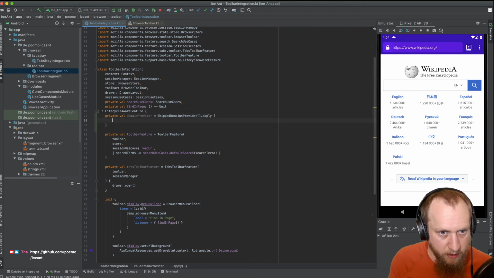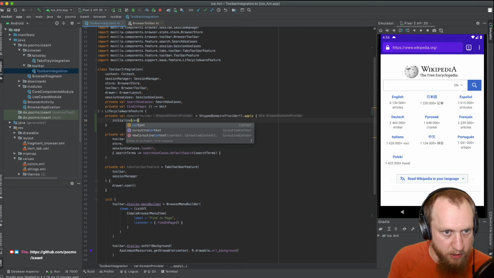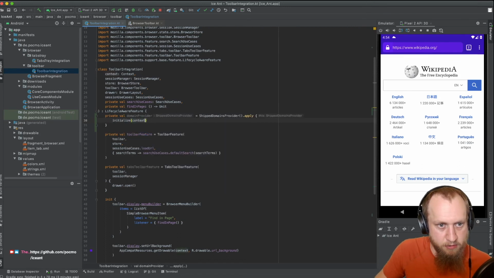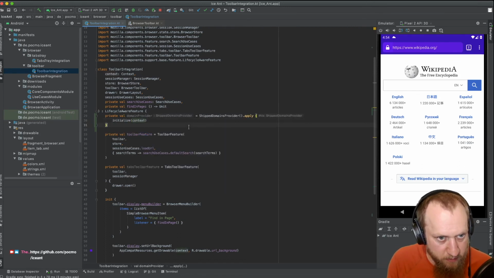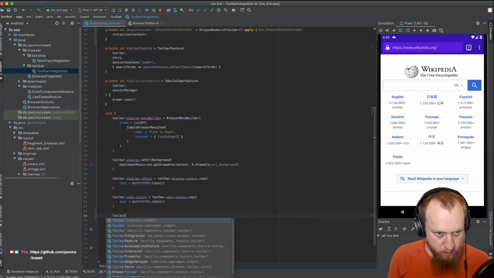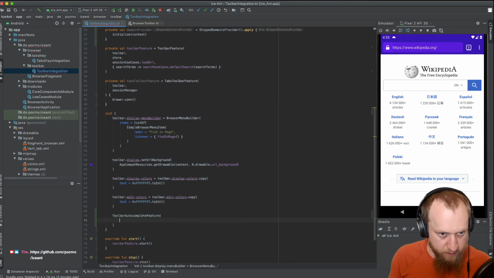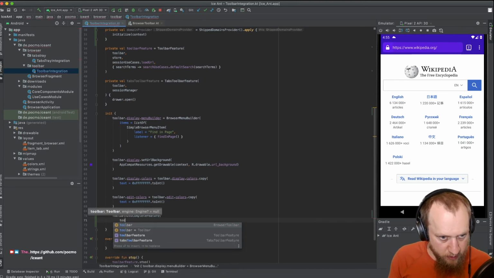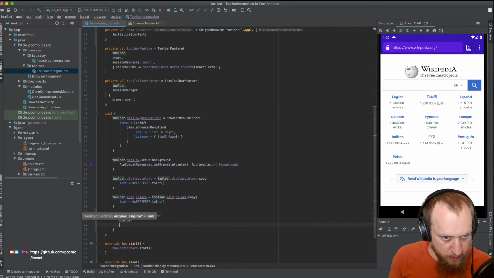And then we initialize it with the context, because it needs to load all those domains from disk once. And then we set up the toolbar autocomplete feature. It's the toolbar, and it needs